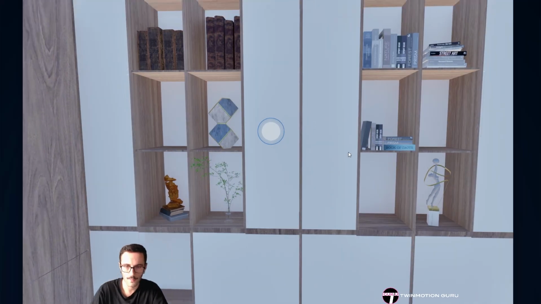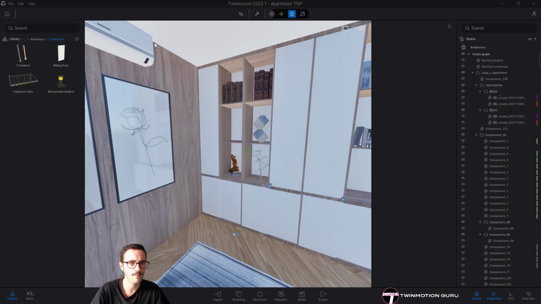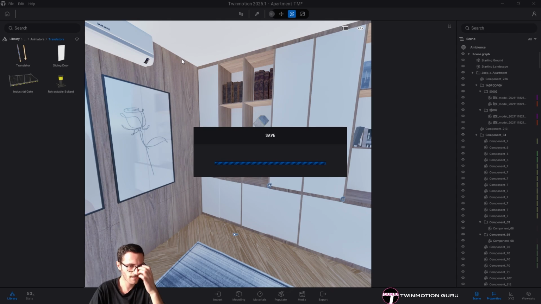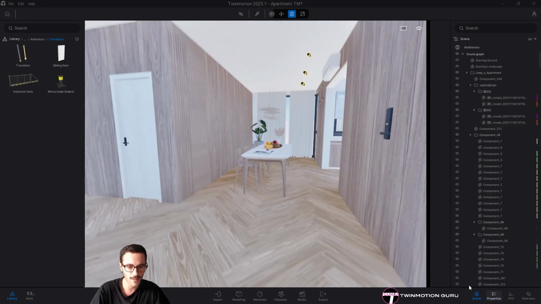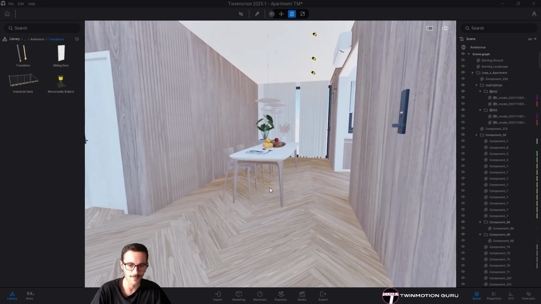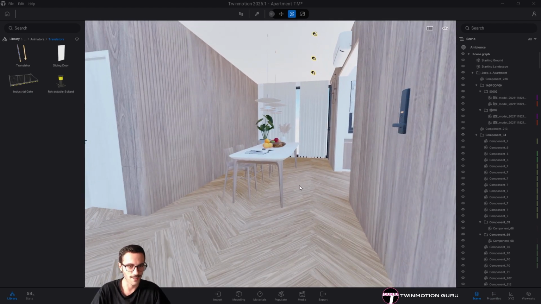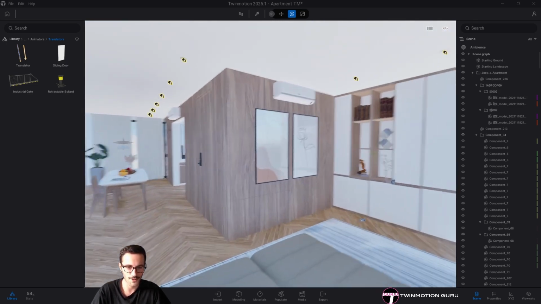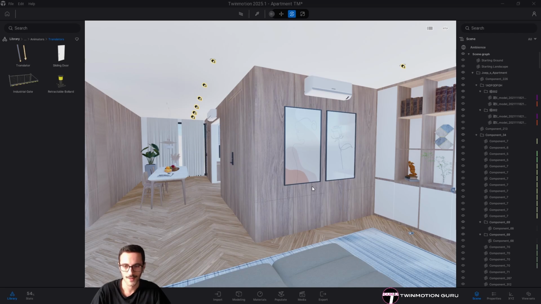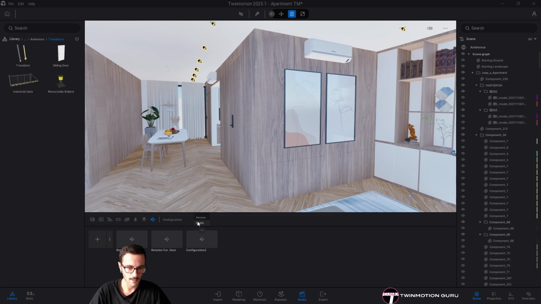But let's move on. I'm just saving maybe the file because this is a Twinmotion 2025.1 preview version, so really be careful on using it on professional or commercial uses, because it's a little bit unstable. It will crash and has a lot of bugs, so be careful, just saying it. In the media, let me just maybe rename